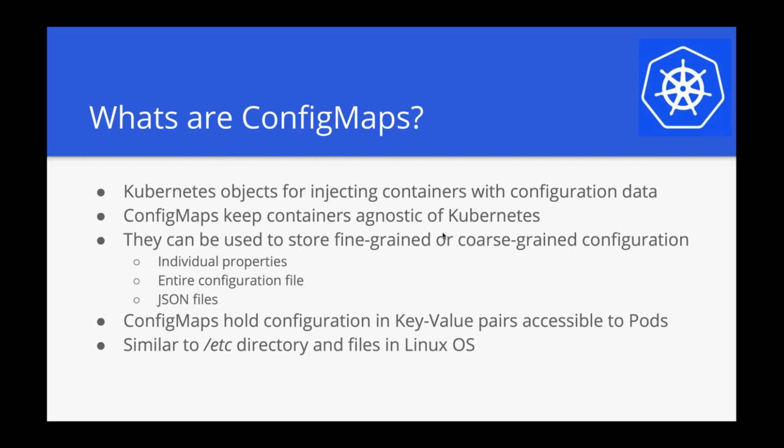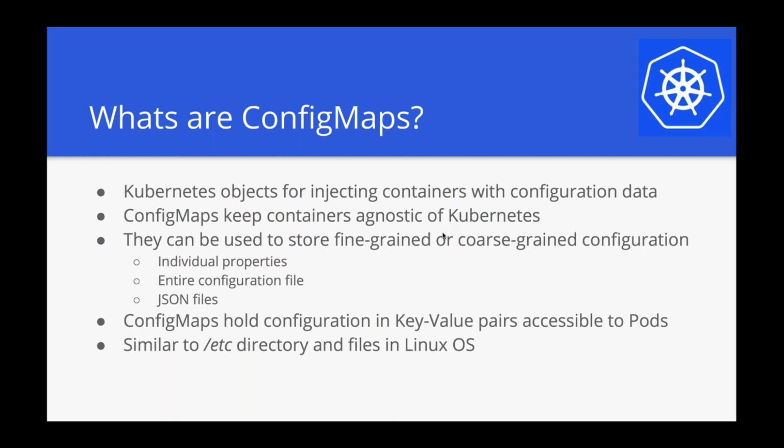So they are completely self-contained in carrying a lot of switches and settings that will influence the runtime behavior of applications. So that entire configuration can be manipulated through config maps and fed to the containers and pods that are